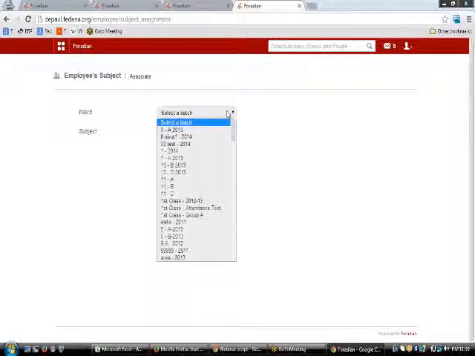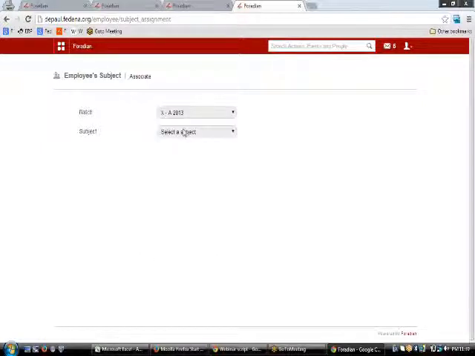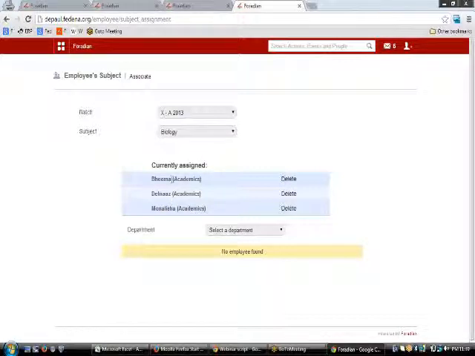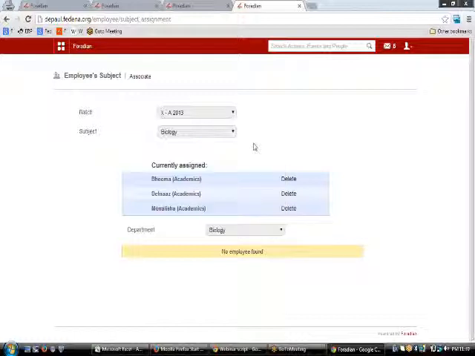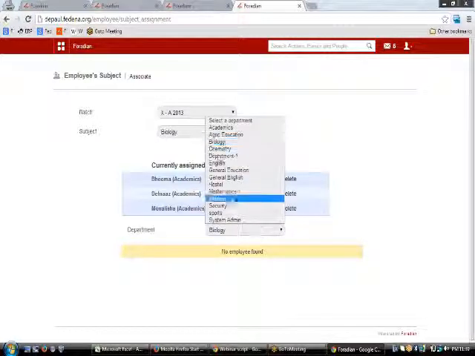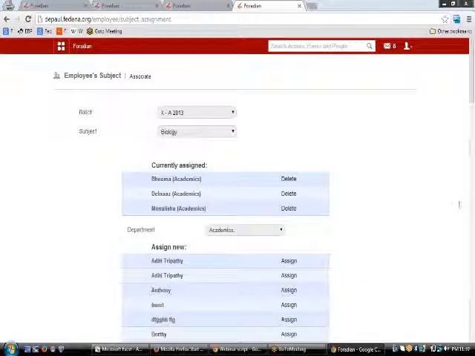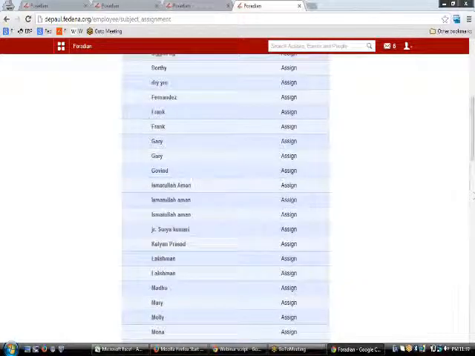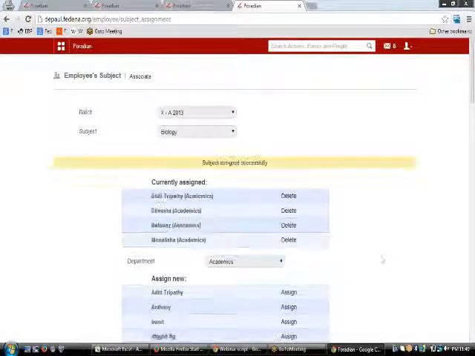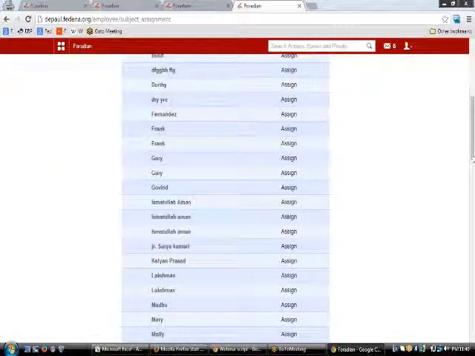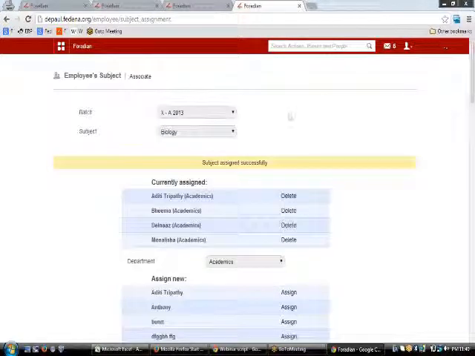Let us suppose for this batch, 10th A 2013, to teach biology I have 3 teachers already. If I want to add some more teachers to it, I can go to the particular department here. In case I have some employees from this particular department, I need to select a department from here, and then on assigning it to the particular employee, this will come up in the list from here.